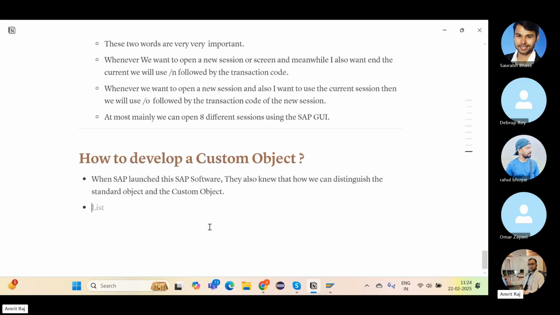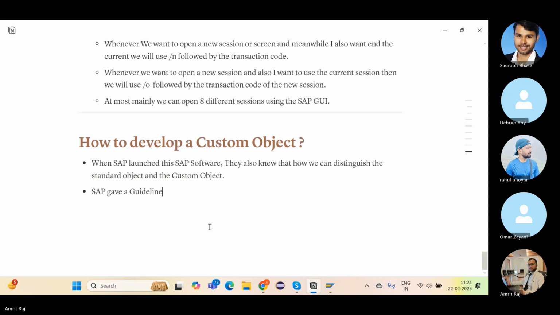So what they did, SAP gave a guideline that all the custom objects